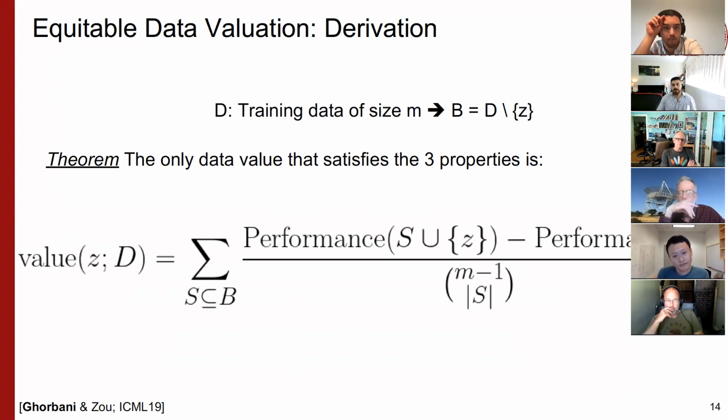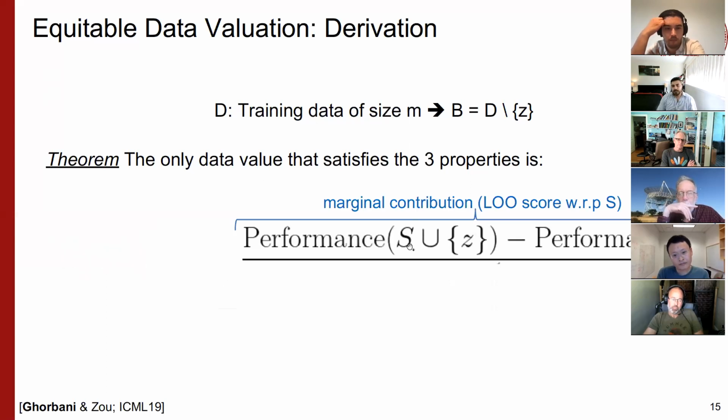For the people who are familiar with it, it's basically the Shapley value. The formula might seem a bit complex, so I'll go over it. The data Shapley value of data point Z, in the context of data set D, is this. Assume S is any random subset of B, so it's a subset of your training data that does not contain Z. We train a model on S and look at its performance, let's say test accuracy. Then we add Z to S and train another model. This difference is the marginal contribution of data point Z to the subset S, AKA the leave-one-out score of Z